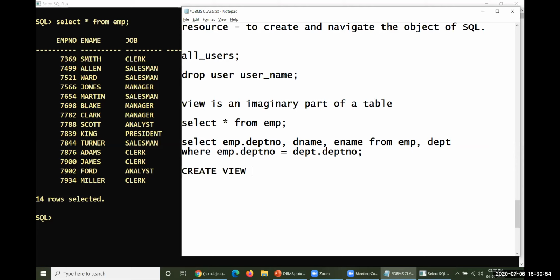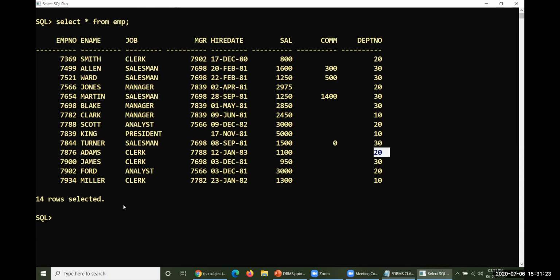Create view, view name, is select subquery. I hope this is either IS or AS, whatever it may be. So this is the way you can create a view name, and you have to take this particular subquery here. Let us examine this one.